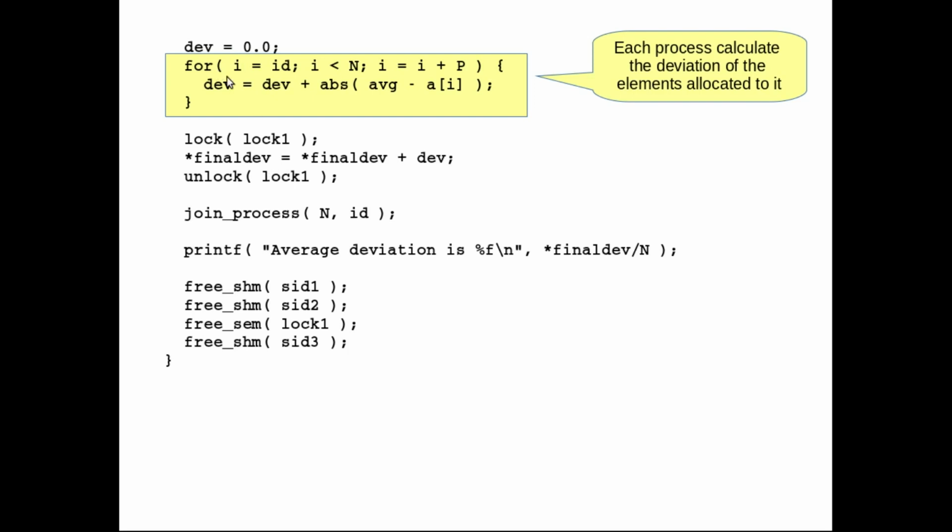Once we calculate the average, next step is to calculate the deviation. Again, we will parallelize this part. So we have 4 processes, and each process will calculate the deviation for 2 elements each, and that's why we have the same kind of for loop that we discussed earlier. So process 0 will calculate the deviation for A0 and A4, and it will store the partial sum of the deviations in this private variable, deviation,